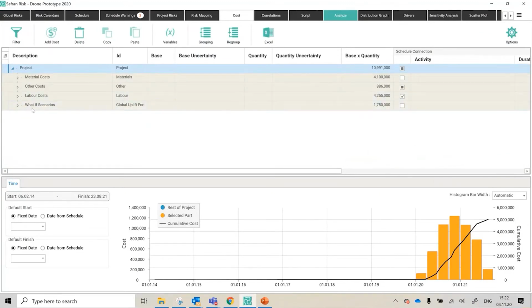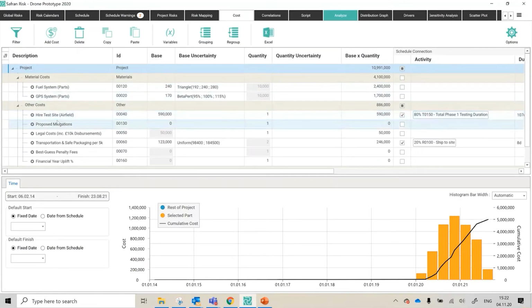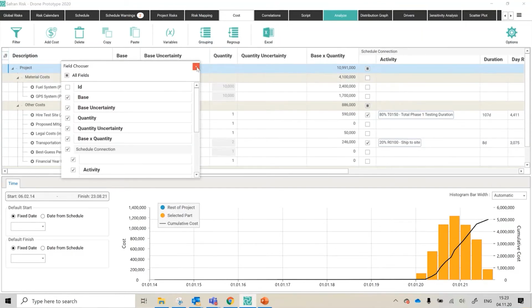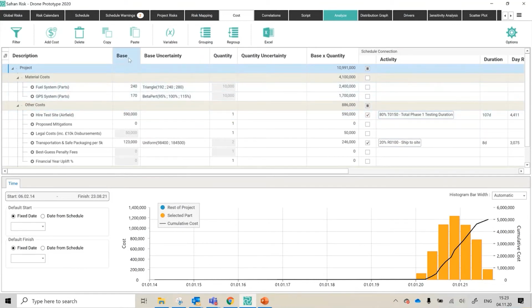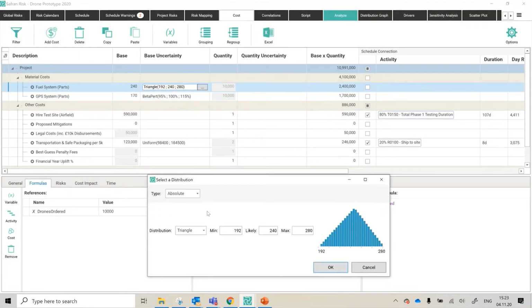Okay, so on screen, I've got my cost breakdown structure. I've got some materials and other costs and things. You can choose what columns are on display with this little button in the top left corner. If you click that, I can take ID off, for instance, and then I've got my base price. I can stipulate a value, £240 or £170. I can then also articulate an uncertainty distribution using any of the 9 shapes that you saw earlier, and whether that's going to be absolute